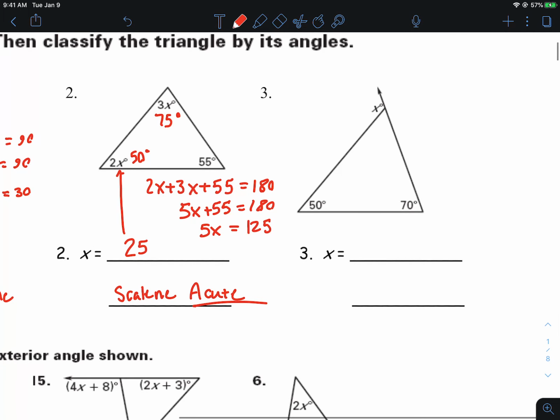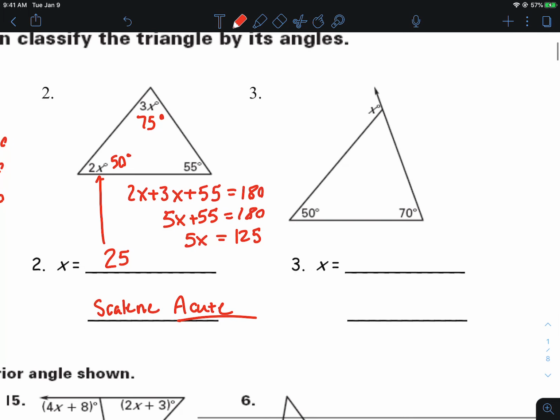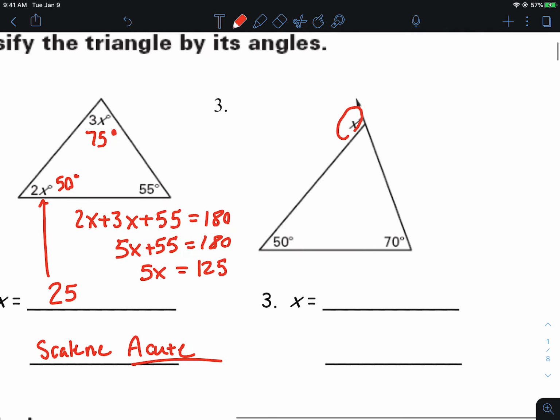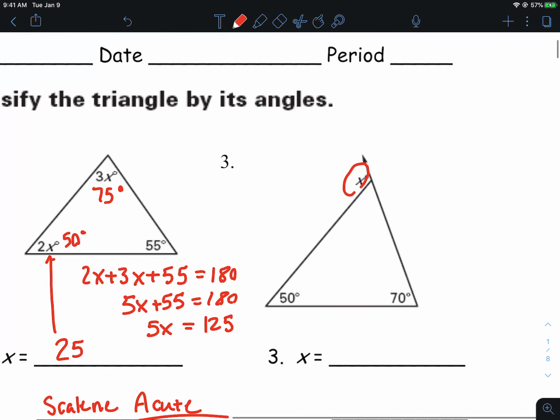Okay, 3 has got this theorem. We'll probably use it more on the next few problems here. But the theorem is saying the exterior angle, if you took a side of a triangle and extended it, that's called an exterior angle, and the exterior angle is equal to the sum of the two remote interior angles right there. So apparently x is equal to 70 plus 50, or 120 degrees. Now, if you don't want to do that, you can just use the fact that this is a linear pair. And then you can say, well,